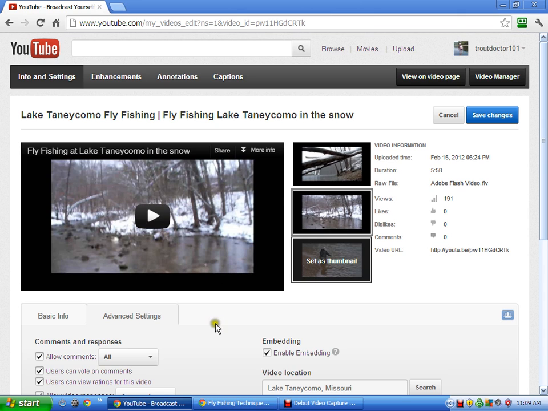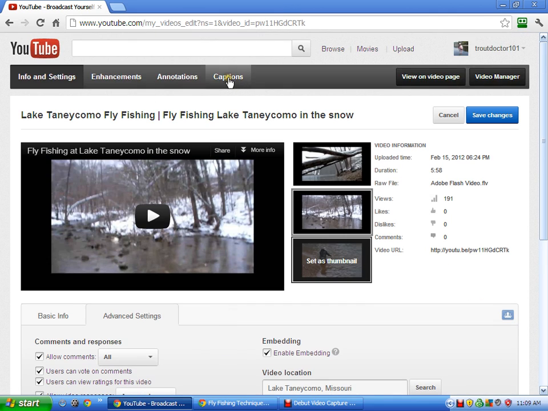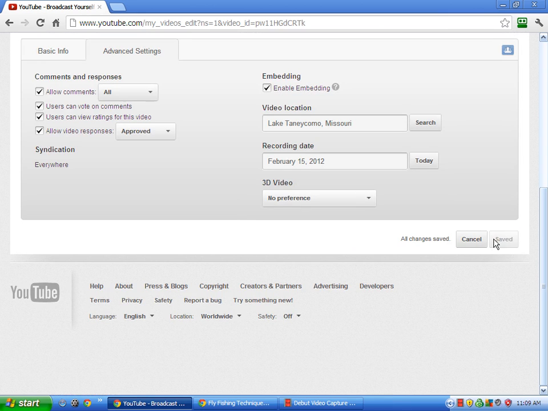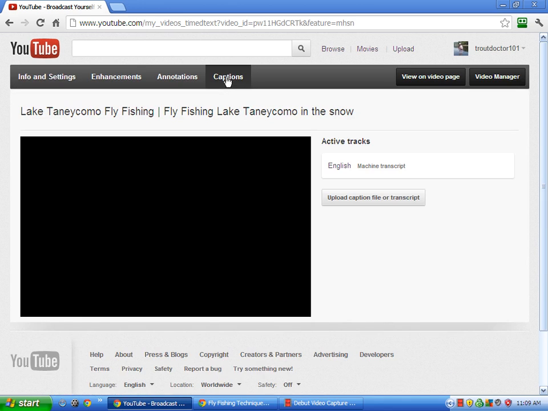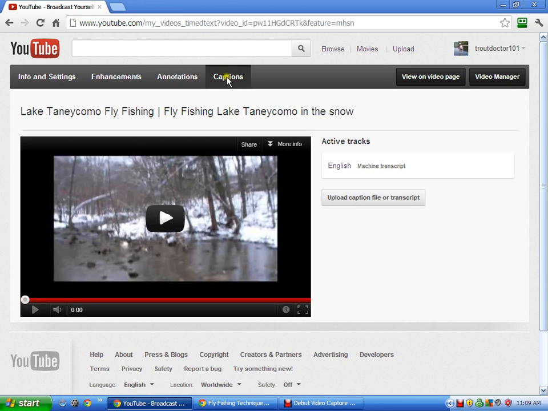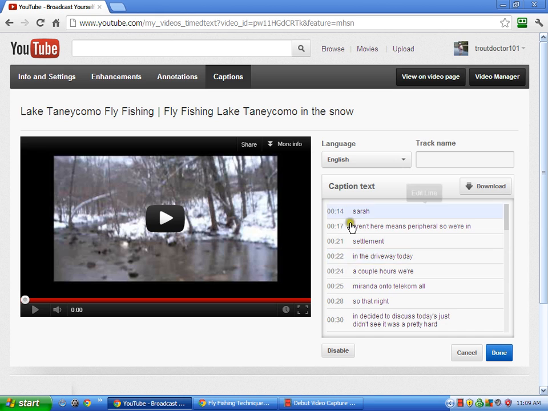And so now we want to go up here to this thing called captions. Actually, let's make sure we save our changes first. Okay, now here, this part, captions. We want to see the active tracks, English. Now here's something that's a little more advanced, and man, you know what? I'm going to save this for another lesson. It's because of the way this is set up. It's a little bit too much, but I'm going to show you how to do captions, because this is a